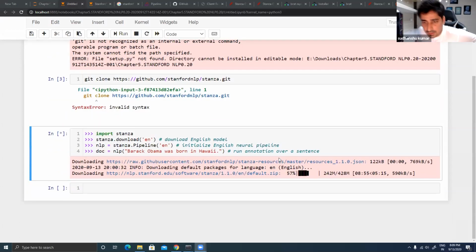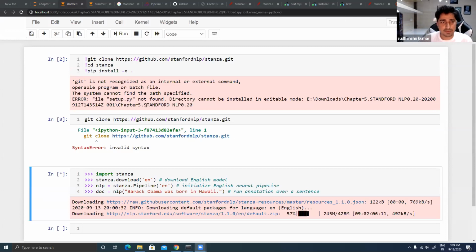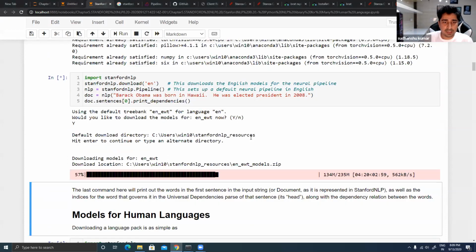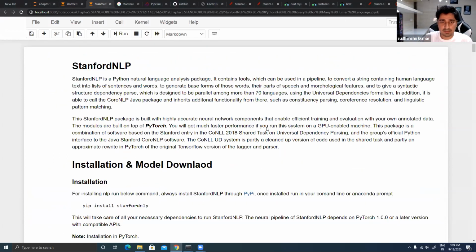Today we'll just try to complete these things quickly, and then we'll get into RNN and LSTM, because those are the topics that we are supposed to understand. In today's class, we'll talk about Stanford NLP. I have downloaded a couple of models, and I'm yet to download some.